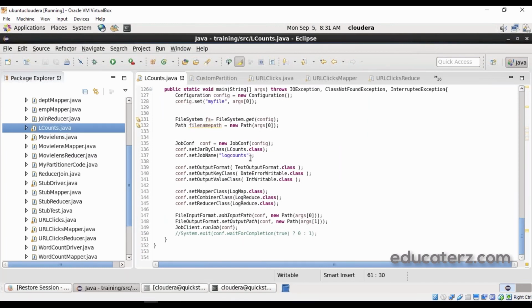And if you see this file, as I have explained there, here we are setting the output key class as a new custom data type, whichever we are creating. The rest of the driver class is the same when you compare with the previous driver class programs. And if you see the mapper class,